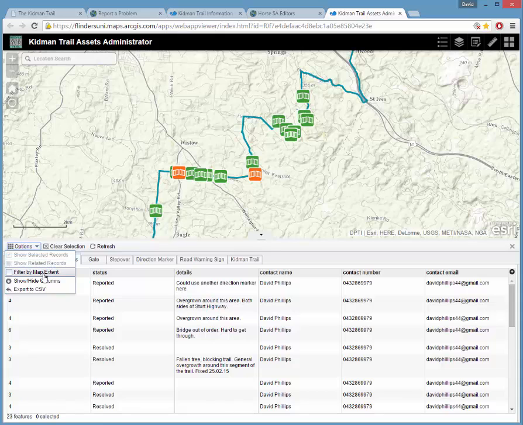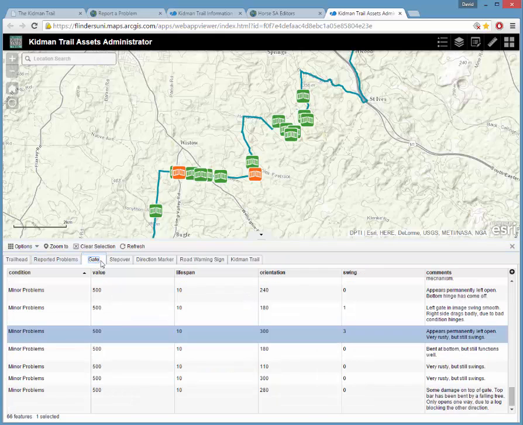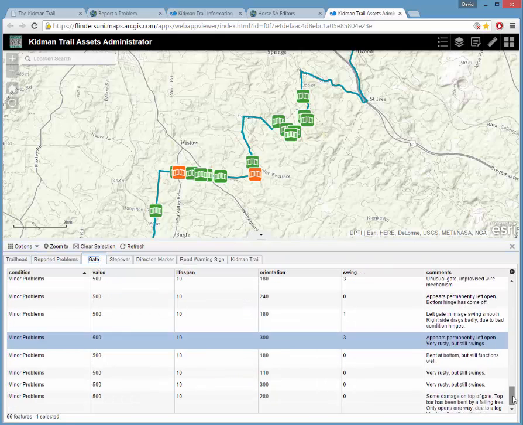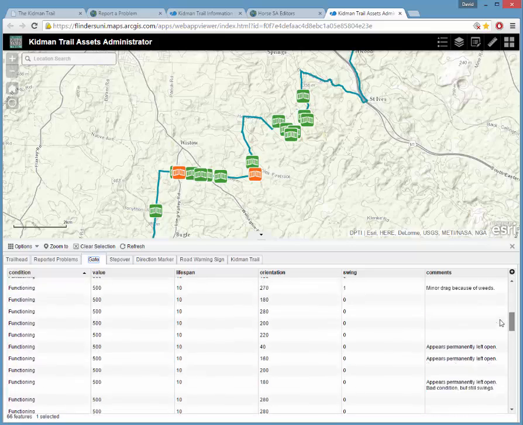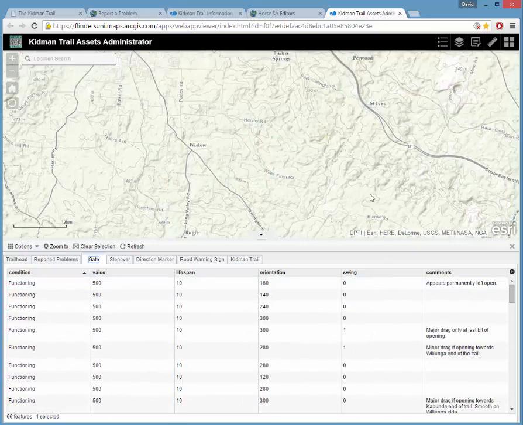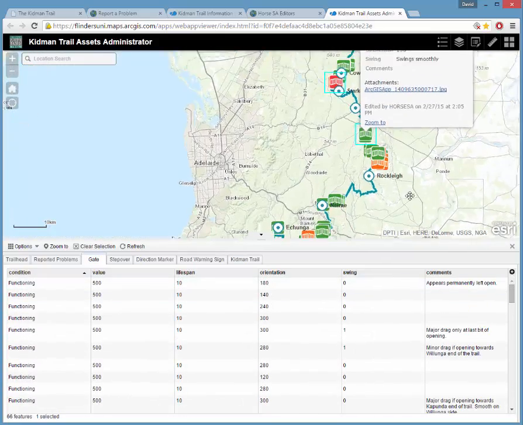Here's another good one to show. This option here, filter by map extent. Let's go back to gates again. And this list currently shows all of the gates for the entire Kidman Trail. But let's say I zoomed in to,